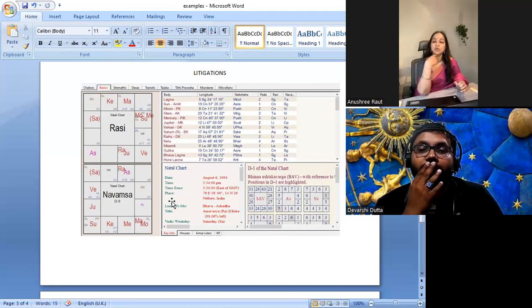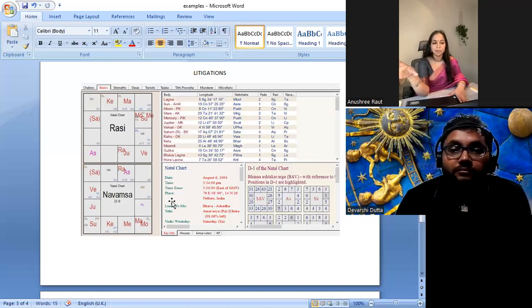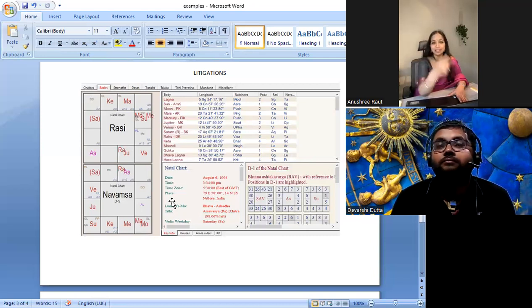Second is also to do with any mouth issues, right? So there can be some sort of mouth and throat surgery for this person. We can't assume that the tongue will be cut off or something like that, no. But some kind of surgery, can also be dental surgery, right? Dental surgery, because second house. Compared to general people, more teeth can be extracted.